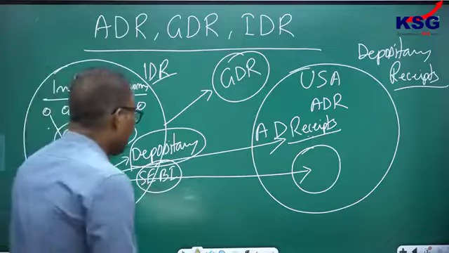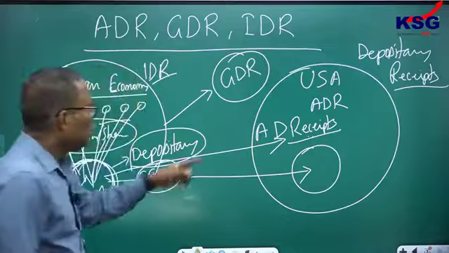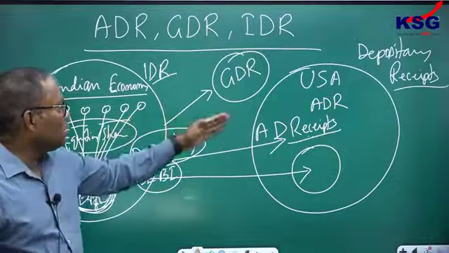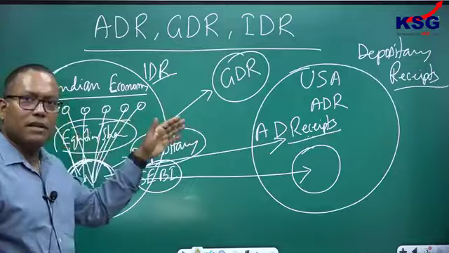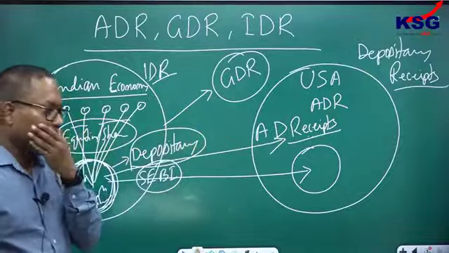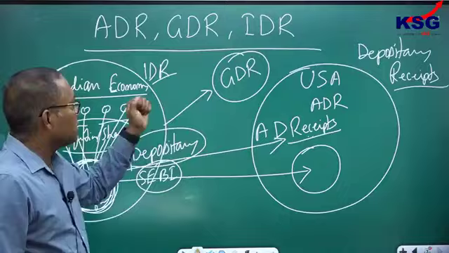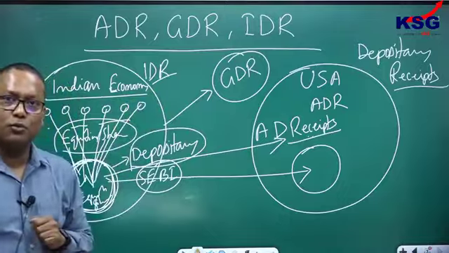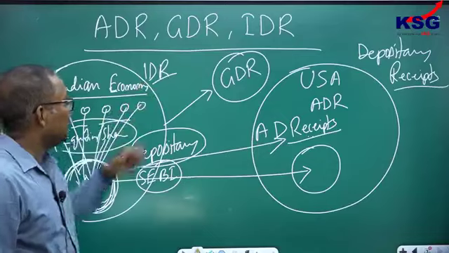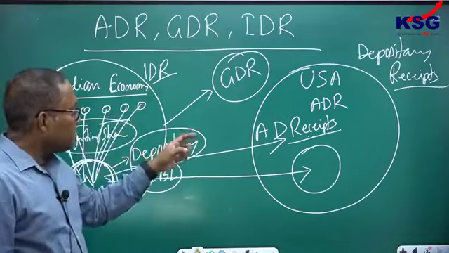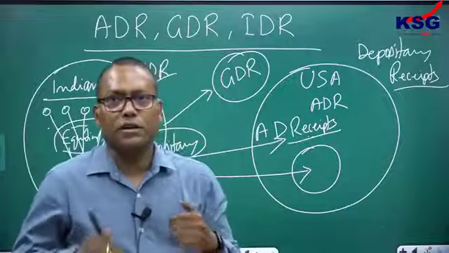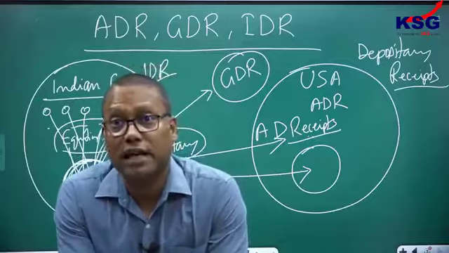Just get one thing here, dear. What are the benefits to the Indian companies if they are issuing the GDR or ADR? Simple. If they are issuing their depository receipts in the USA, it is known as the ADR. And if they are issuing in other countries, then it is known as a GDR, Global Depository Receipt. If they are doing the same thing within India, it is known as the IDR. So it is a mechanism through which Indian corporates are getting foreign capital,